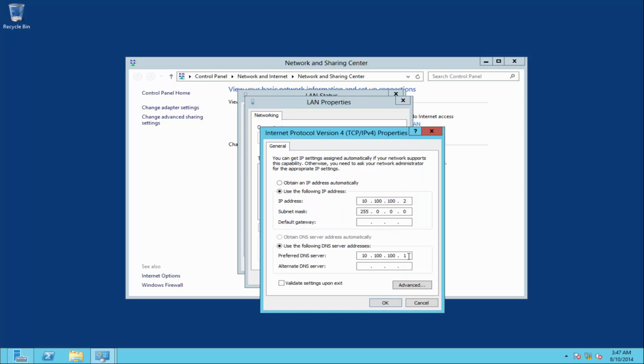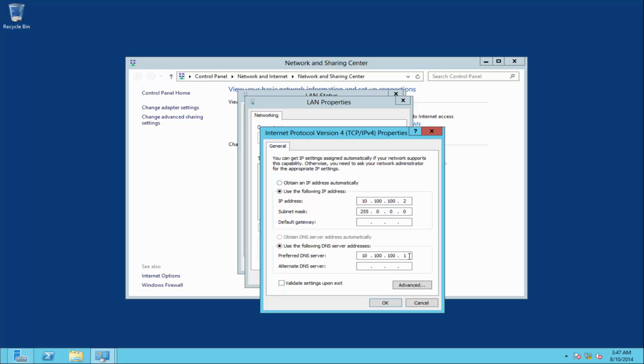So first, you need to make sure in the preferred DNS server you give the IP address of the DNS server, or indirectly you can say the IP address of Active Directory. Because right now I configured Active Directory and DNS server on the same machine, so you can give only one